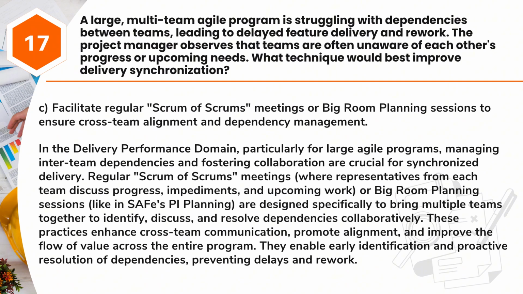Answer: C. Facilitate regular Scrum of Scrums meetings or big room planning sessions to ensure cross-team alignment and dependency management. In the delivery performance domain, particularly for large agile programs, managing inter-team dependencies and fostering collaboration are crucial for synchronized delivery. Regular Scrum of Scrums meetings, where representatives from each team discuss progress, impediments, and upcoming work, or big room planning sessions, like in SAFe's PI planning, are designed specifically to bring multiple teams together to identify, discuss, and resolve